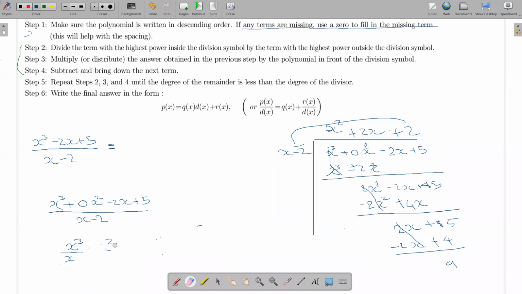So this one I write the answer in another form. So my quotient Q is x squared plus 2x minus 2, and the remainder is 9 over x minus 2, no? I can write the answer in this form,